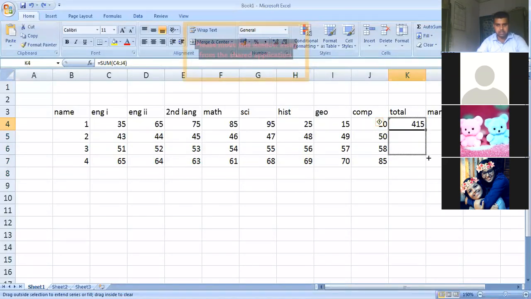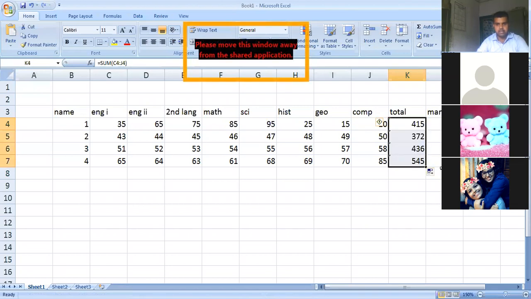I repeat, drag it downwards and keep pressing. Don't remove your finger. Once you remove the finger, you will see that for the rest of the cells, the formula has been calculated automatically. As you can see, the formula is automatically calculated.